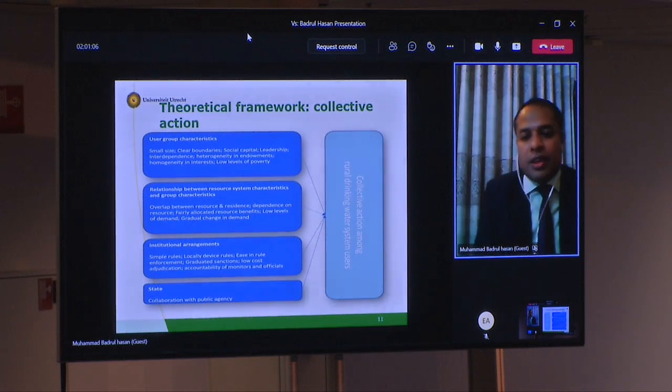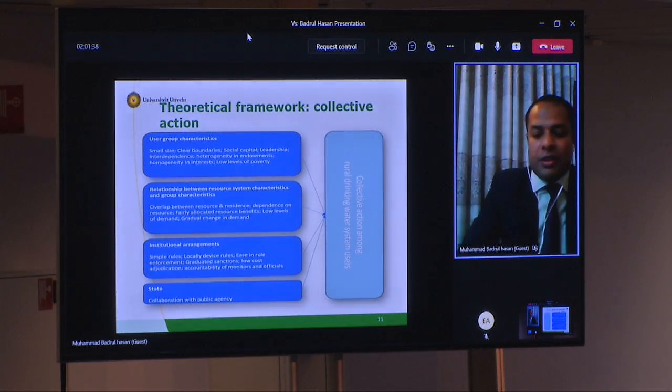So these are some indicators, conditions that relate to collective action. Gaining insight from common pool resource theory, I have developed some of the indicators which are likely to ensure the collective action among the drinking water system users. For example, user group characteristics, relationship between the resource system characteristics and group characteristics, institutional arrangement, and finally, collaboration with